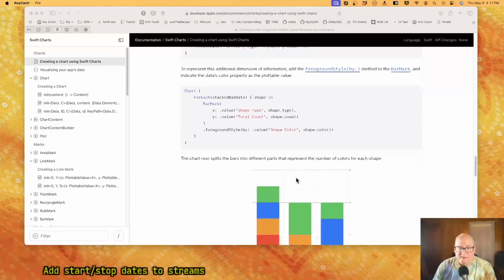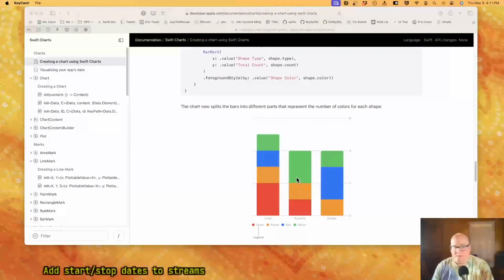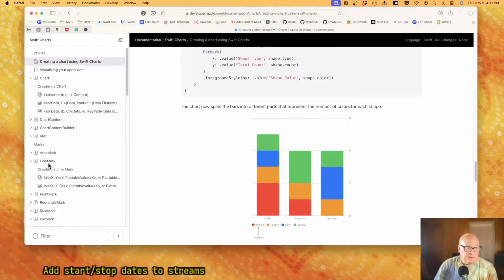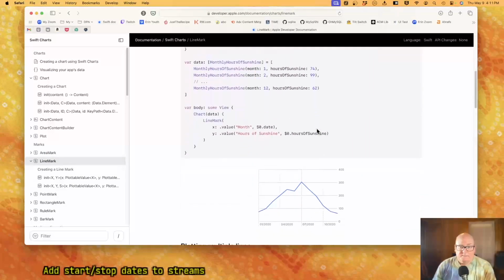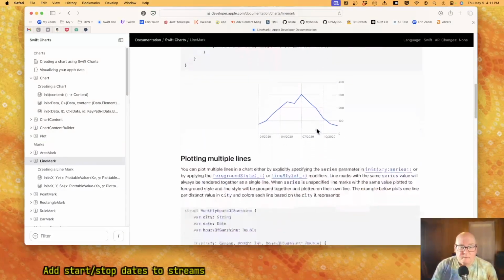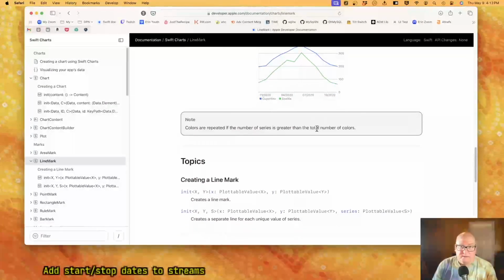Well, we have it in here. Maybe it's a custom draw. Maybe line mark might have something. Multiple lines, yeah. Now, I could see this maybe when we do scenarios, right?